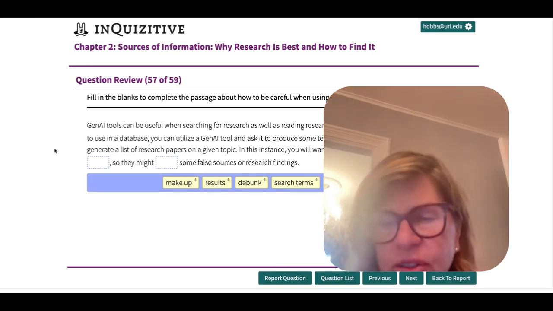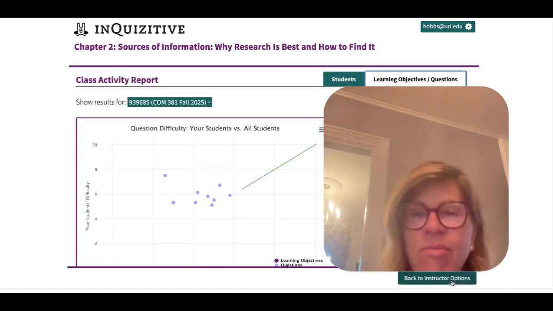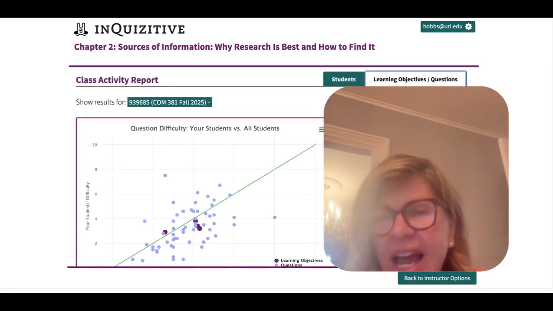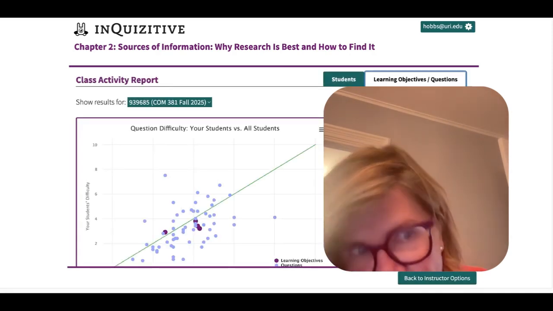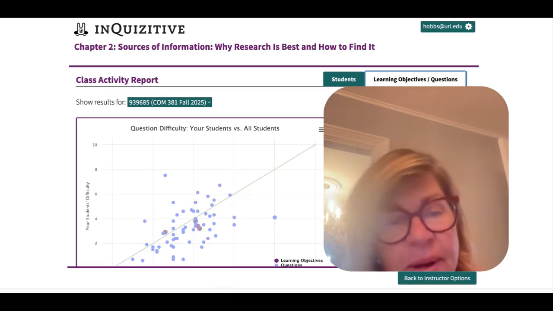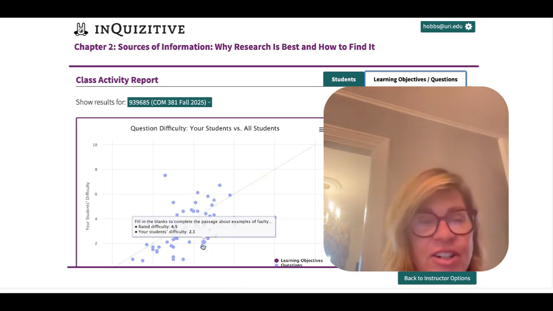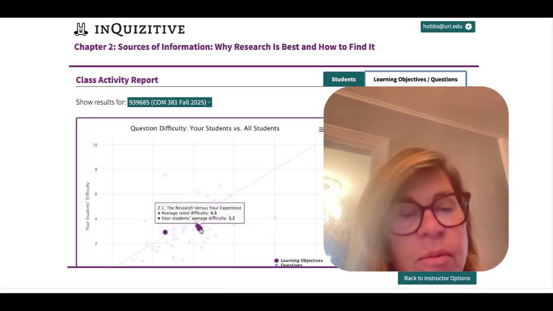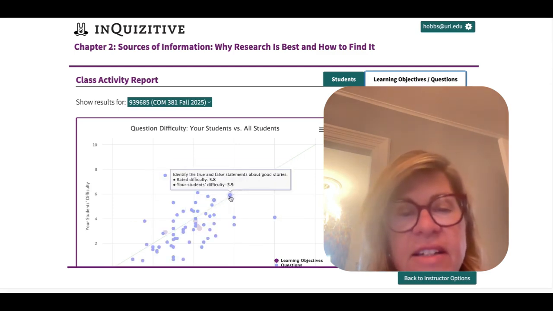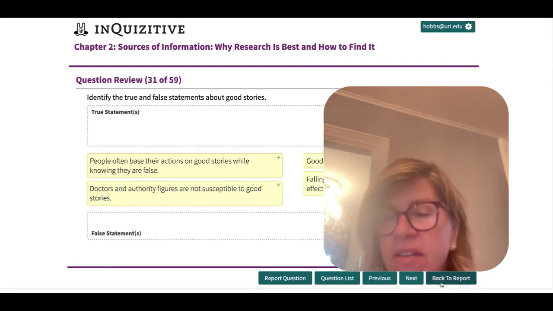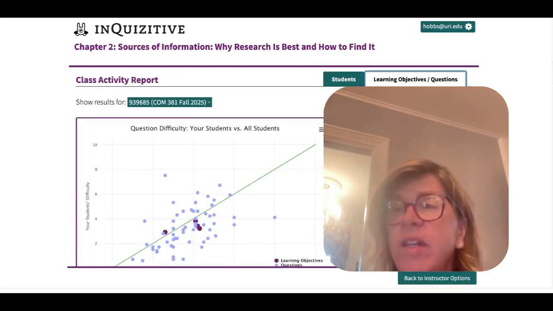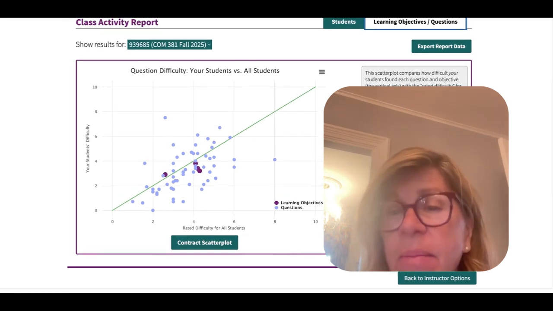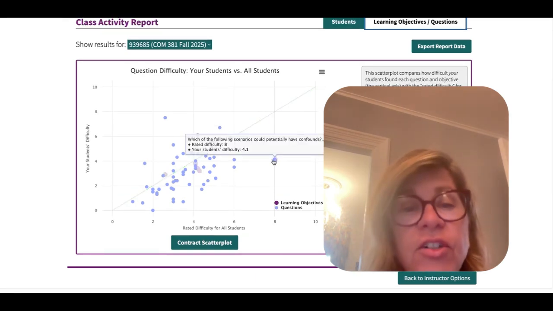Now, I personally tend to disagree with Beth Morling on her ideas about magazines and newspapers as unreliable sources, because I'm a media researcher, right? So she has a point of view and you have a point of view as well, but these quizzes are giving you the opportunity to really gain some knowledge about the language of research.